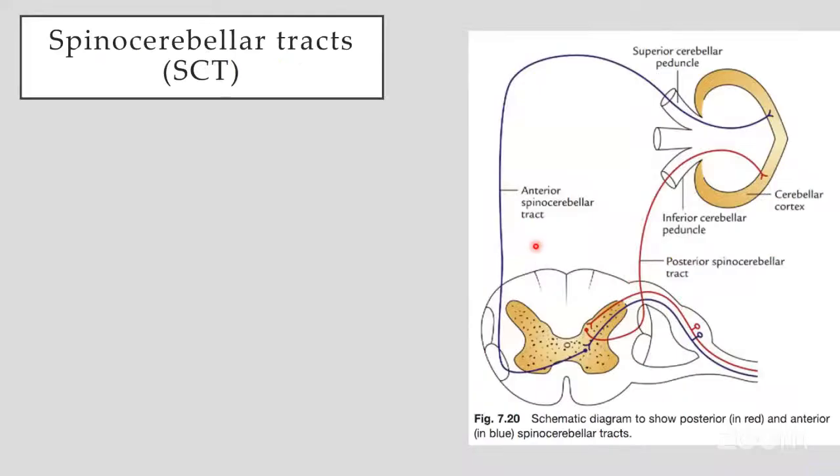Moving on to the spinocerebellar tract. The anterior and posterior spinocerebellar tract, the cell bodies of the first